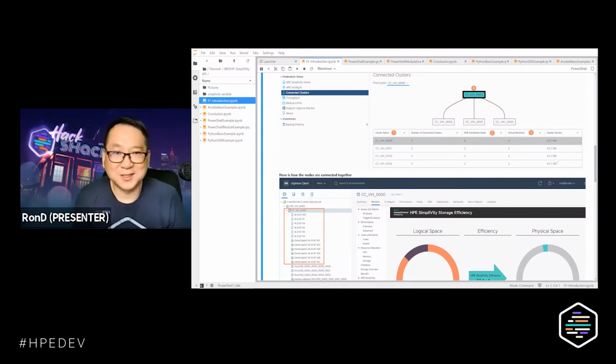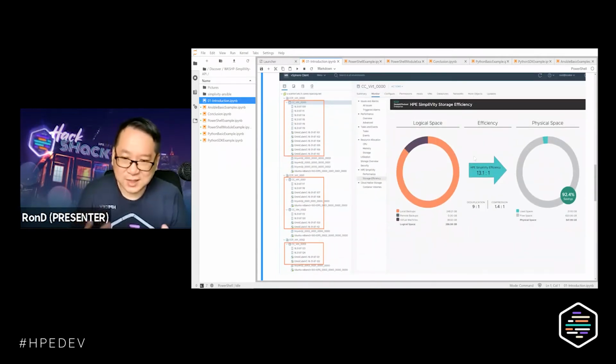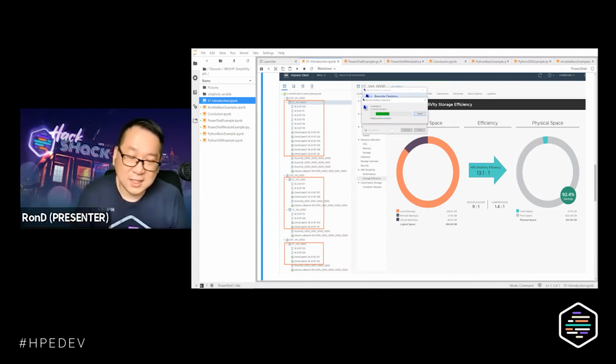So this is running SimpliVity version 4.01, which was just released about the beginning of the year. Okay, how do they look? These are the pictures that I took from the vCenter. It will be great to have it in your lab, because then you can actually monitor your vCenters. I will see if I can connect to the lab also, so that we can see the vCenters live. Okay, it looks like I have a bit of a challenge connecting. I'll have to figure that one out later.